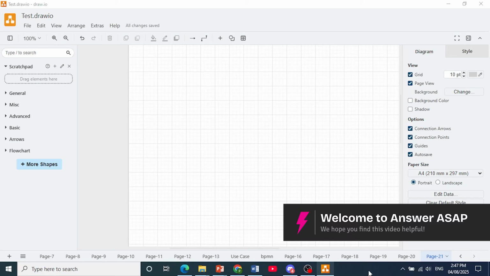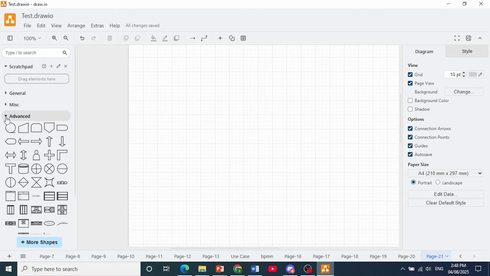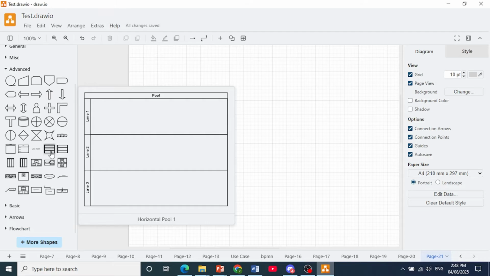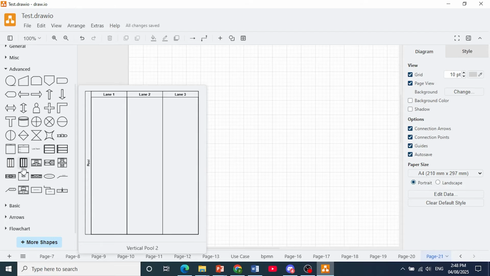Hey guys, in this video I'll show you how to add a swim lane in draw.io. Now the first thing I want you to do is come in the left hand panel, click on this drop down next to advanced, and you'll see pool options. So we have horizontal pool 1 and 2, and you also have vertical pools that you can go ahead and